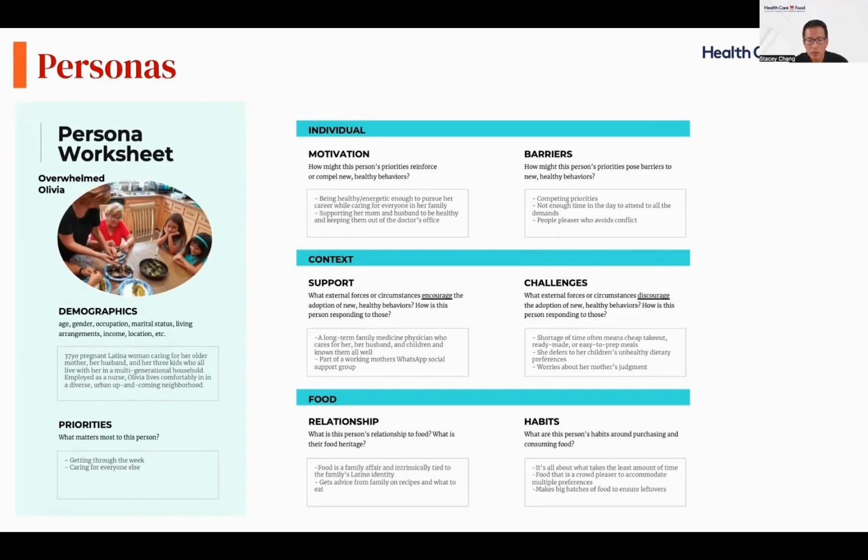She lives in a multi-generational household with her mother, who has diabetes, her husband, and her 3 kids. She's actually a nurse by training, so in the health profession, which grants her a slightly more informed perspective with regard to food as medicine. She lives comfortably in a pretty diverse, up-and-coming, gentrifying urban neighborhood,